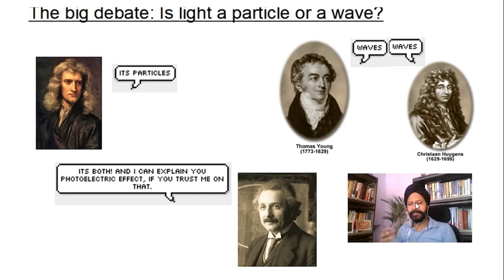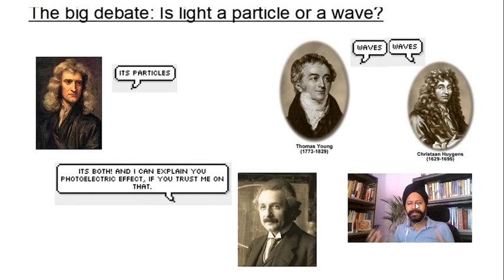So Huygens and Thomas Young believed light is a wave. But when they propose light is a wave, they also have to show how a wave is reflected. Whatever Newton was able to show with particles, they showed with waves: this is how the angle of reflection is equal to the angle of incidence, and this is why Snell's law is followed in refraction. Plus, we can also show why there is an interference pattern, diffraction, and polarization. Okay, Newton made a mistake. It's not particles, it is a wave. Right, so end of the story.